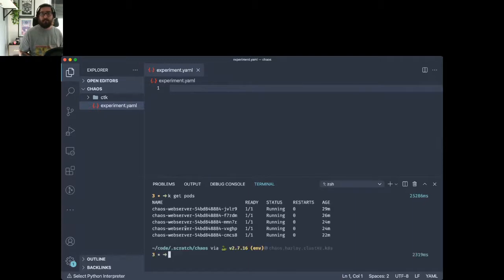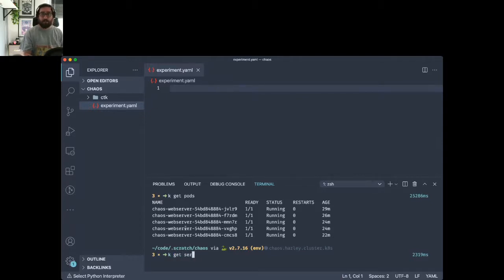Let's start off by having a look at our Kubernetes cluster. As you can see here, we have 5 different web servers that are all running the same image as part of a replica set. And these are the web servers that we will actually test.